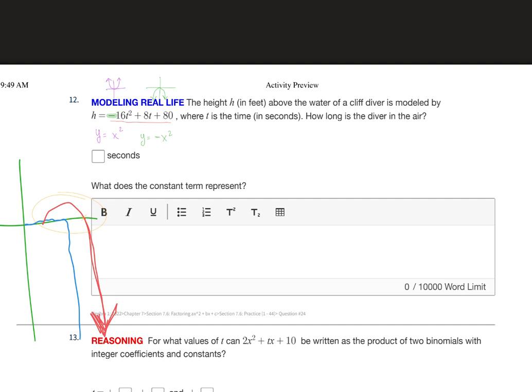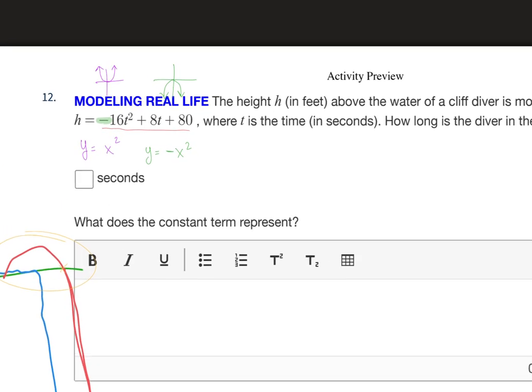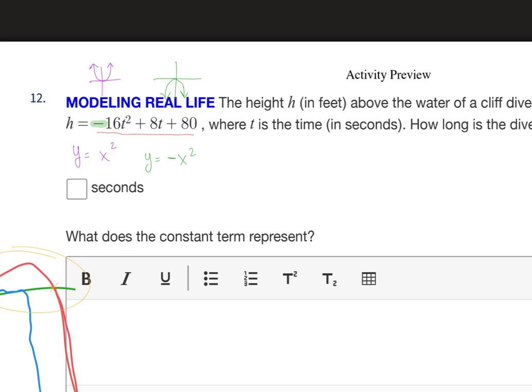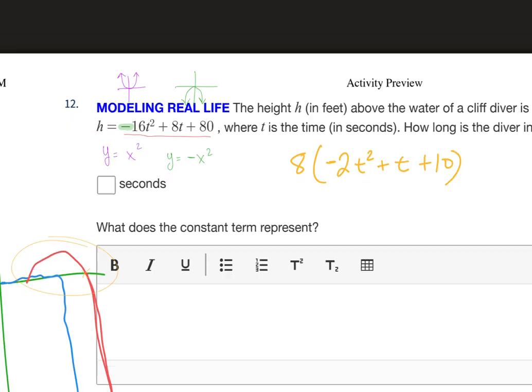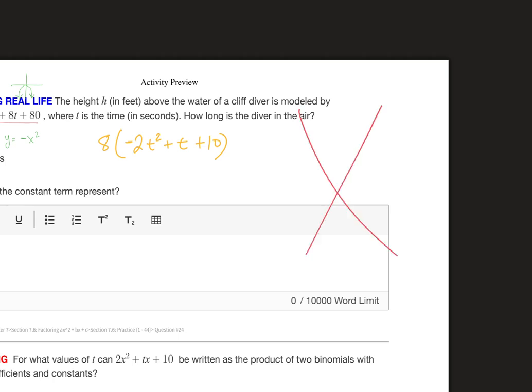So how we're going to do this is we are going to factor it. Can you believe it? On a factoring assignment, they have 8 in common. So I'm going to factor out an 8, and I get negative 2t squared plus t plus 10. We got negative 20. We got 1. So this is going to be positive 5, negative, well, I said the numbers in wrong order. Positive 5, negative 4. And we're going to get 8 times